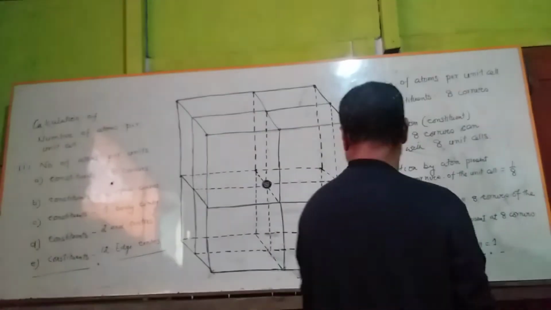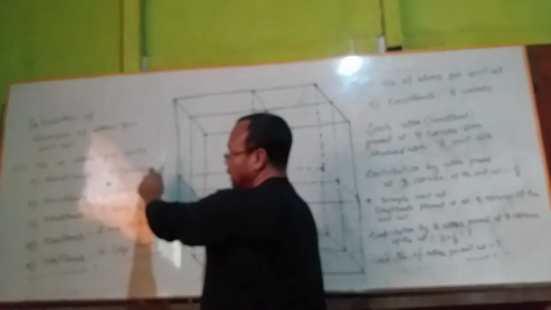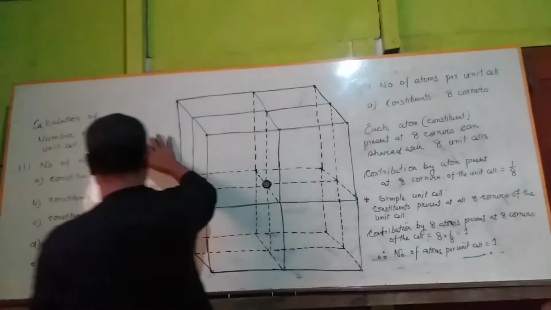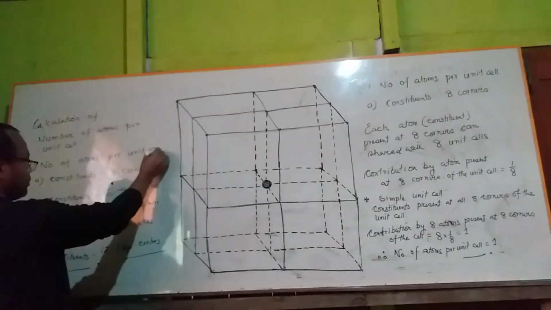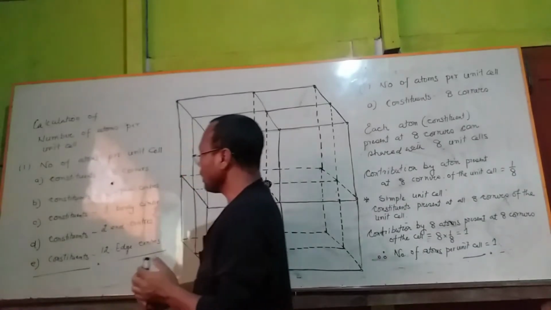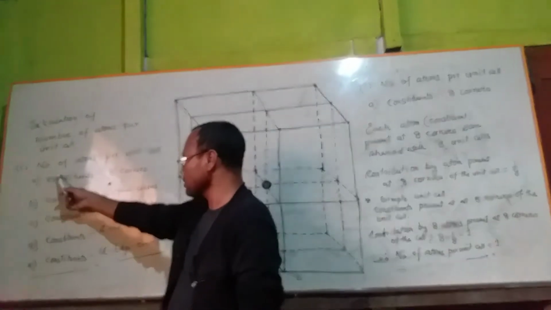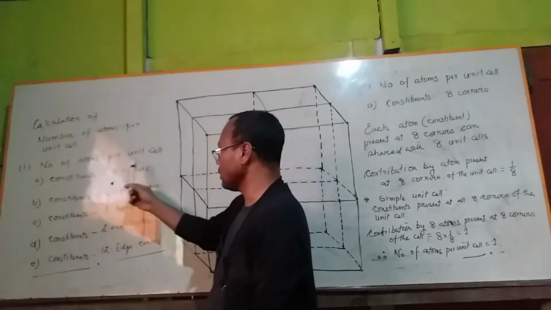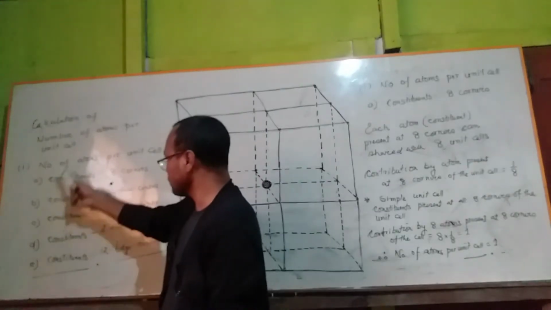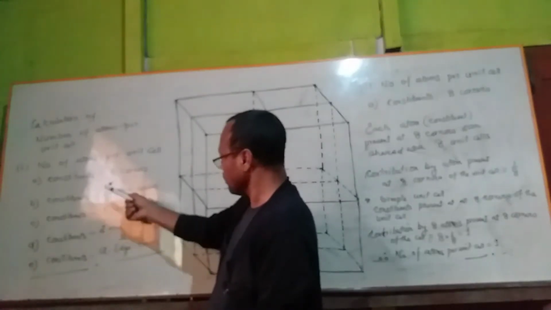Just remember, we are going to calculate the number of atoms per unit cell. We can calculate the number of atoms per unit cell when the constituents are present at the corners of the unit cell, and when the constituents are present at all the face